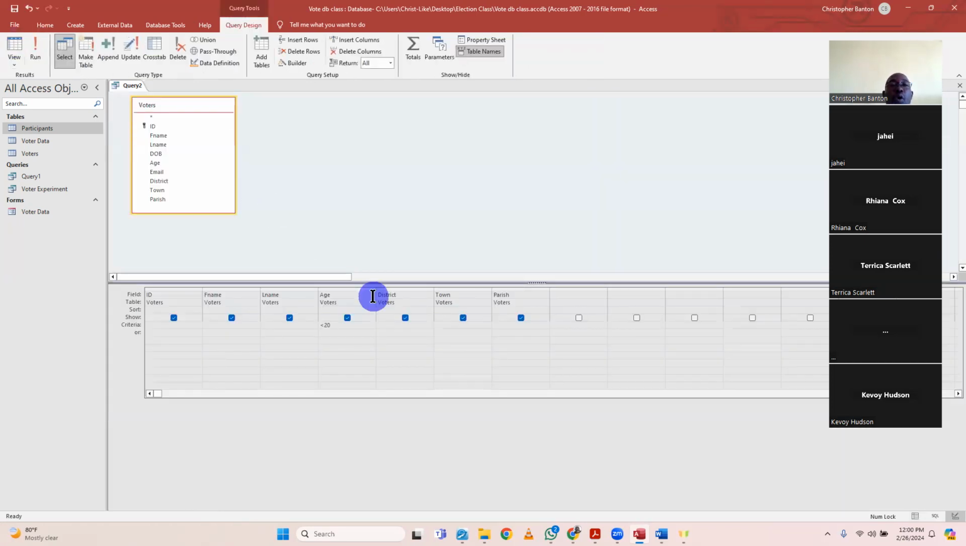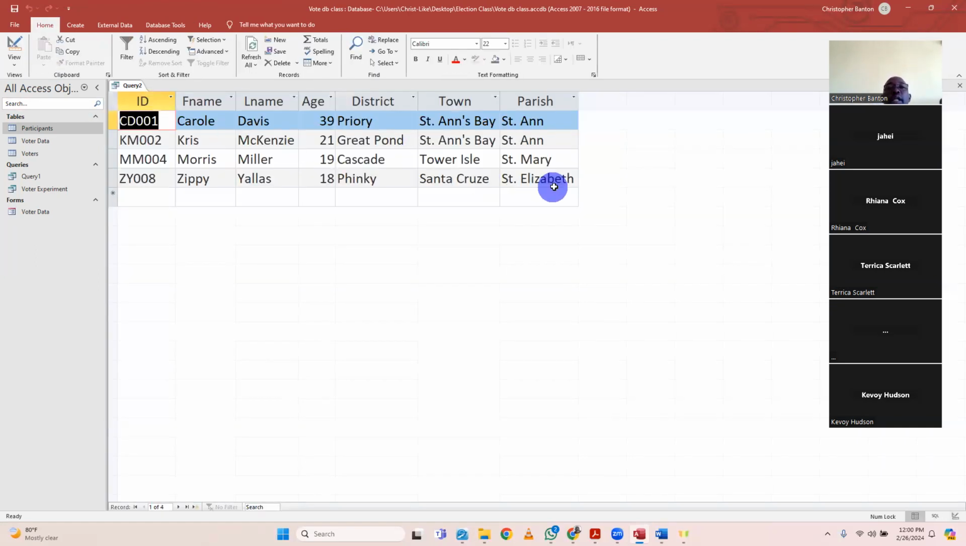Or persons who are in the parish of St. Anne. So you go in the criteria row now and put in St. Anne. Right? And you run the query. So anybody who shows up must be either in St. Anne or they are teenagers. So if they come from somewhere like St. Mary or St. Elizabeth, they are teenagers. But you ask for one or the other. If you ask for persons who are both,